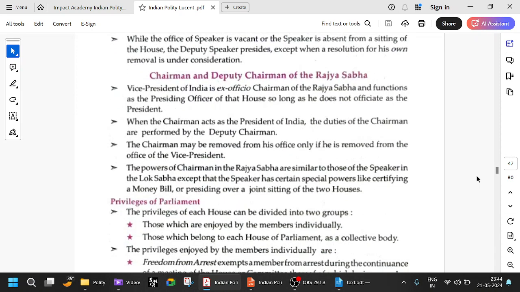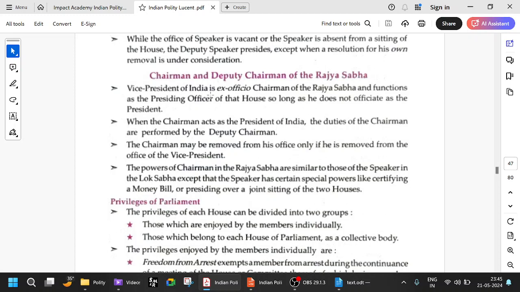we have the chairman and deputy chairman of the Rajya Sabha, just like how we have speaker and deputy speaker. In the case of the chairman, the vice president of India is the ex officio chairman of the Rajya Sabha and functions as the presiding officer of the house so long as he does not officiate as the president. So if the president is absent, or if there is any death or anything, then the vice president will act as president. Only in such a case will he not be presiding over the Rajya Sabha,